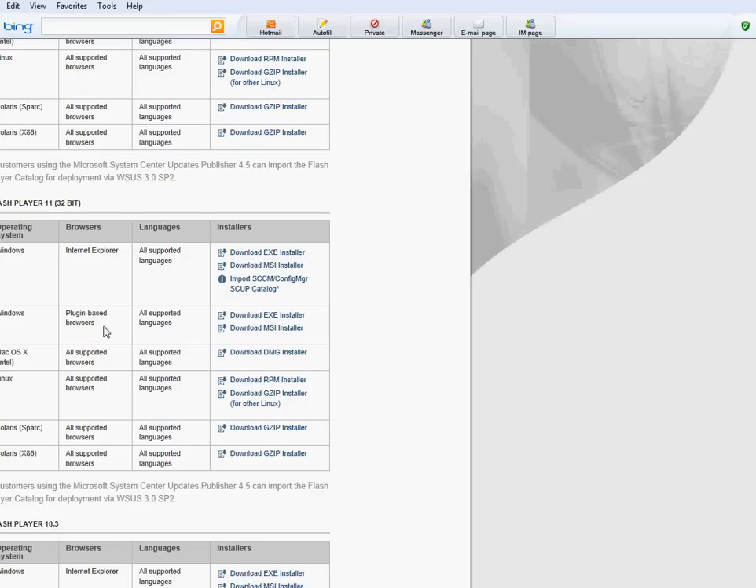I'll try this one first. If that didn't work, I'll come down to this one, but I'll try Internet Explorer, because Internet Explorer is the one people are using. So then just come over here and download the MSI installer. Okay,